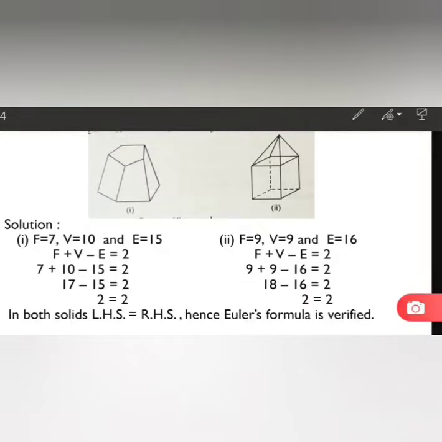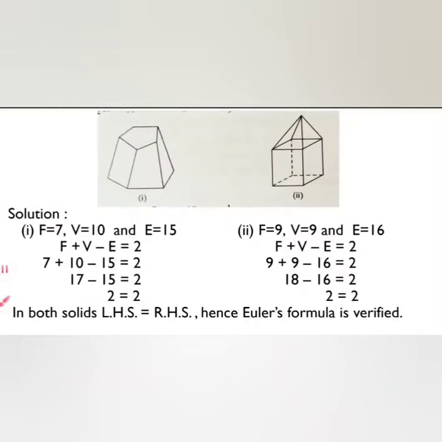So we can see the number of faces here. 5 we can see of the cuboid: 1, 2, this bottom, then the back 2 sides. So total 5, and again we have 4 triangular faces: 1, 2, 3 and here at the back 4. So we will take 5 plus 4, that is 9 faces. Now let us count the vertices.